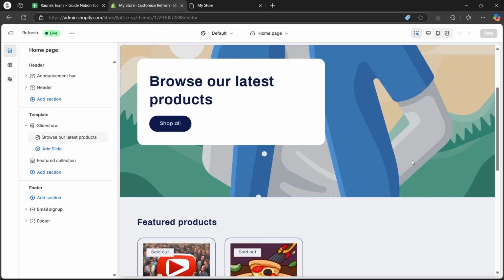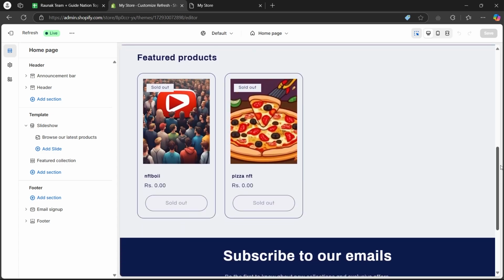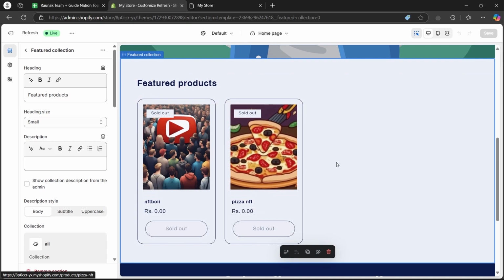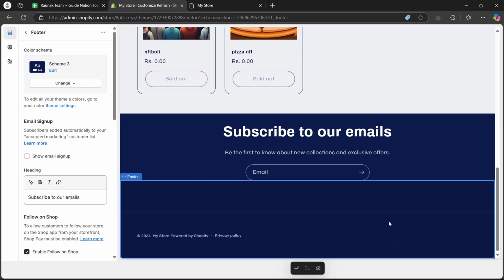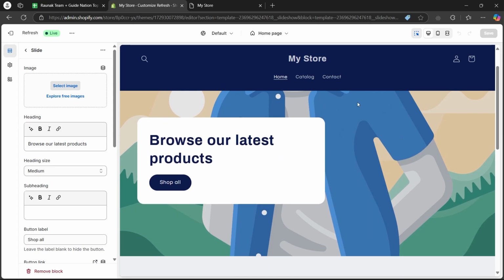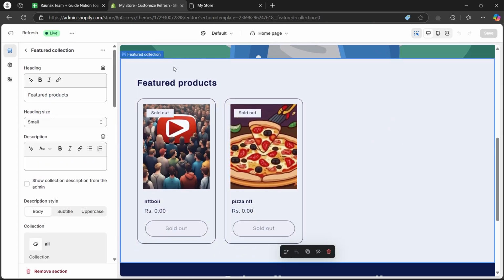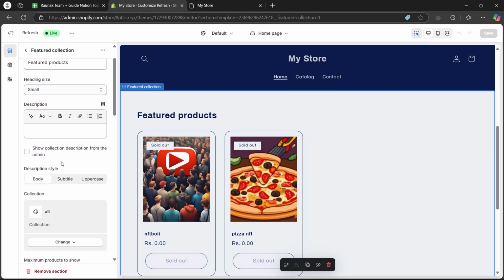In order to change the background color of any section on Shopify, you'll have to simply navigate to that section. A section is basically a part of the page on Shopify that is divided into different parts. As you can see, I have this first section that says home, the second section that says featured collection. So a section will always appear in this blue area on your screen. Simply navigate to the section, left click, and you will see the settings for that section appearing at the left